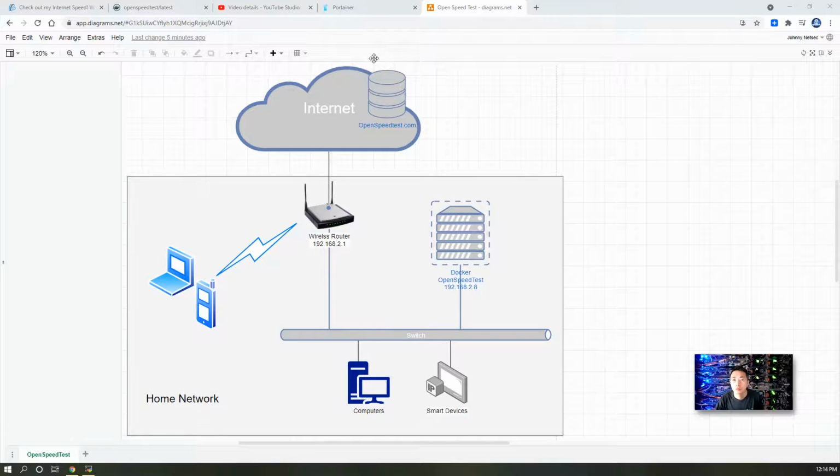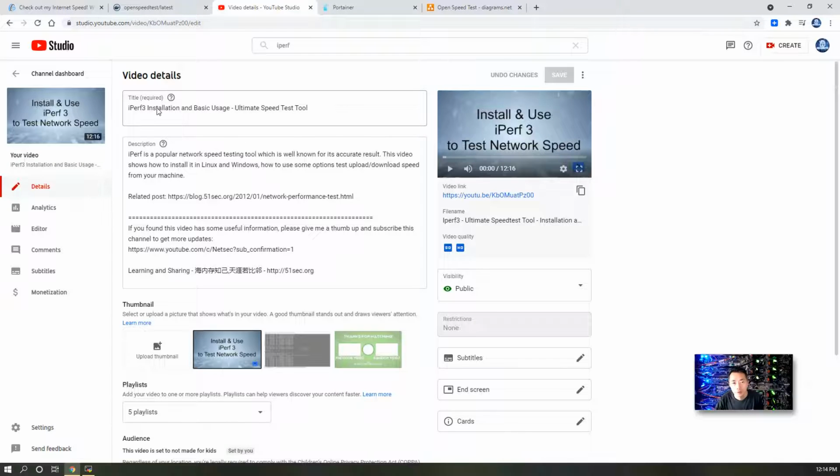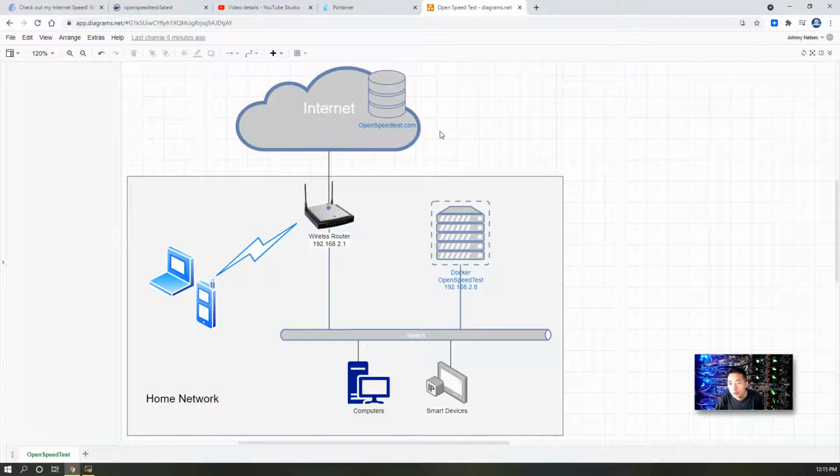In my previous video, I had instructions for installing iPerf3 in your home environment, which you can use to test your home network speed, intranet speed, but it requires a software installation. You need a client on your machine and you need a server on another machine, then you can have full speed testing. So OpenSpeedTest Docker makes things much simpler. You just need to install it into your Docker host